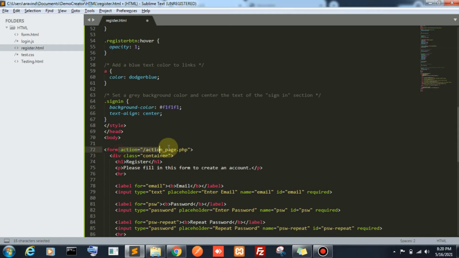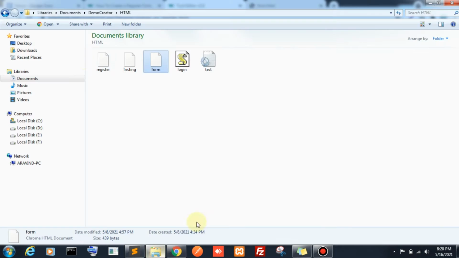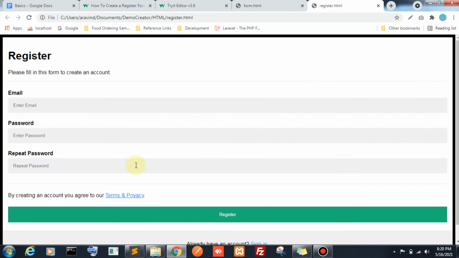They used a form section. As always, I'm removing this action attribute. We have an email field, a password field, a repeat password field, then a register button. I'm just going to run this file. Here is the registration form.